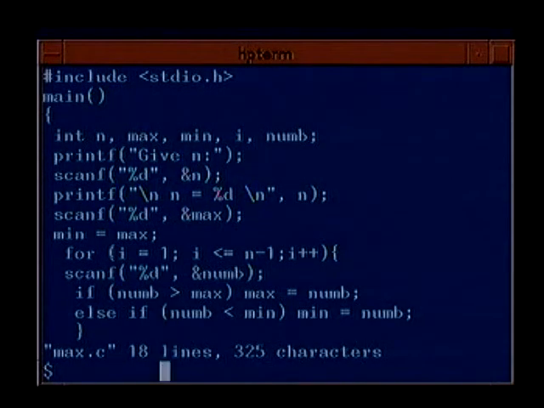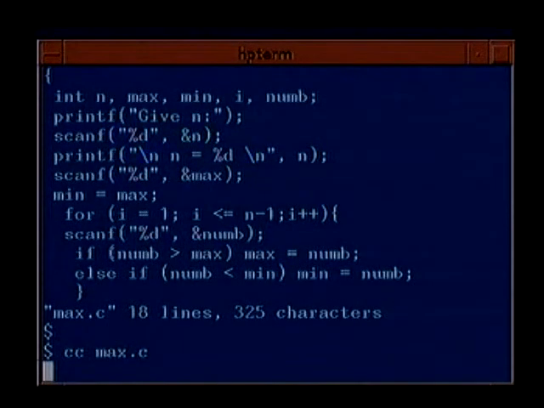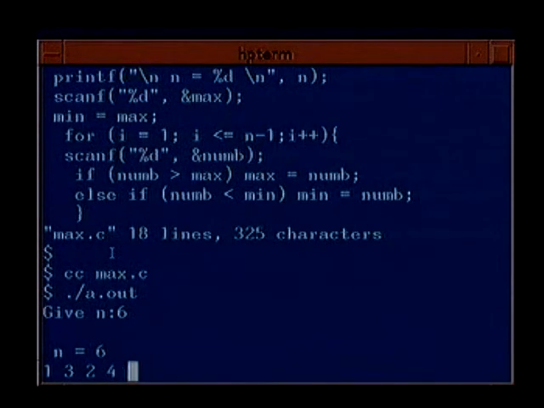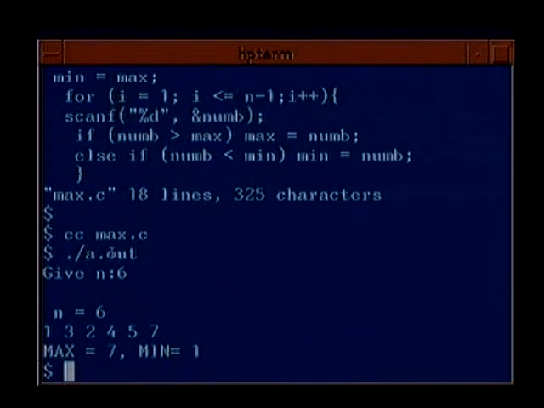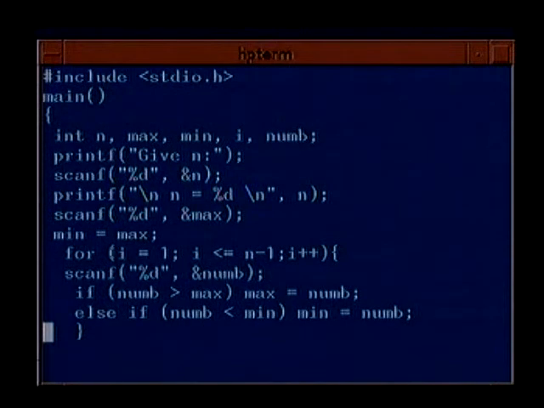So let's just run this program once. So this is also a correct program, which works quite fine, in the sense that it is at least better than the previous program in terms of time.